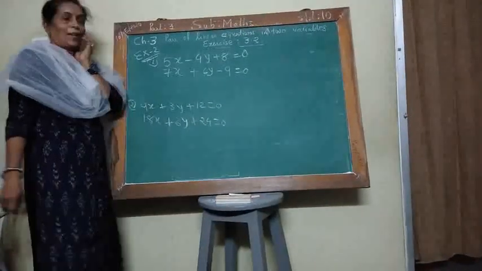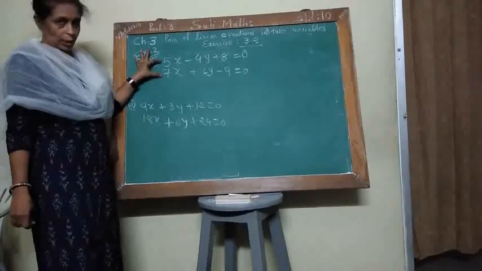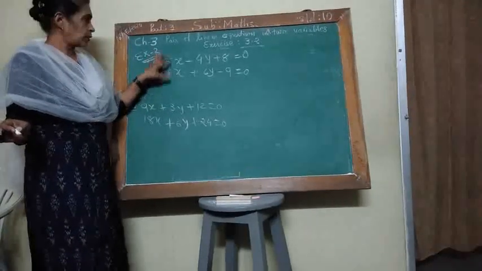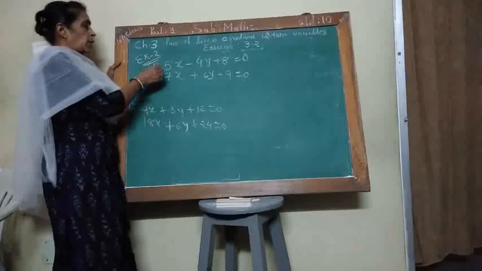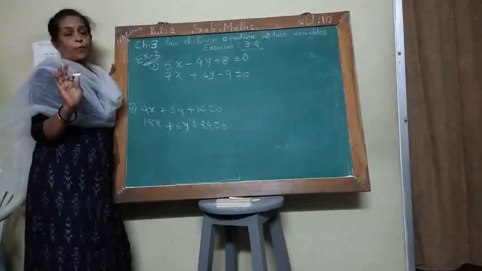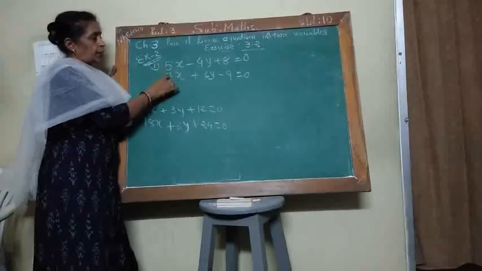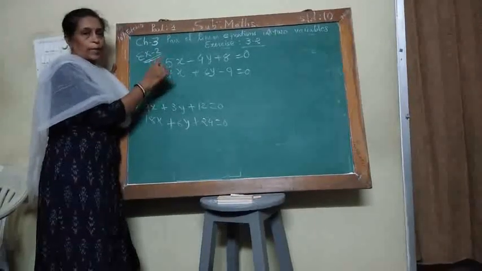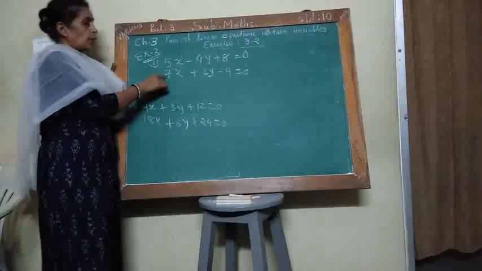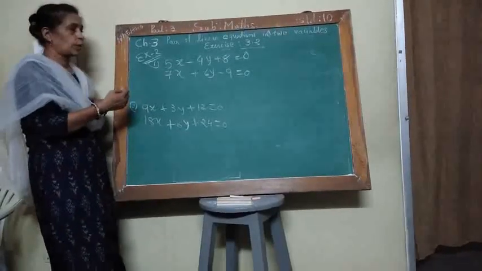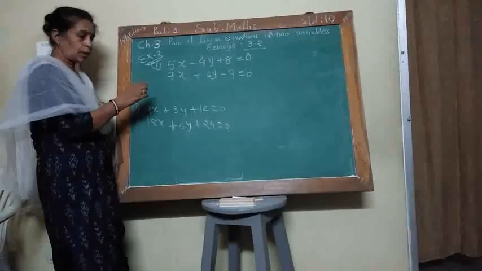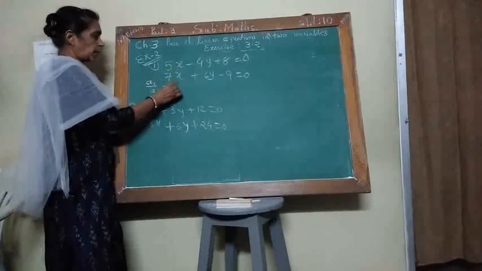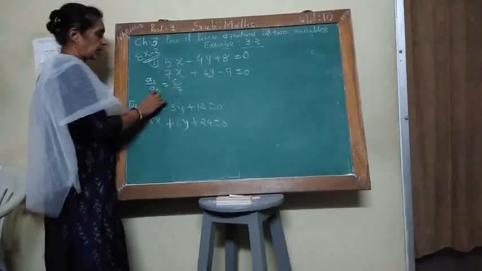So what is the question? You have been given two equations. You do not have to make any type of equation. They have given us a pair of equations in two variables, and only you have to predict which type of lines they are. So here you compare this equation with a1x plus b1y plus c1, and compare this with a2x plus b2y plus c2 equal to 0. Then what is the value of a1, b1, c1, a2, b2, c2? That you have to mention. And then find the ratio a1 upon a2. a1 is 5, a2 is 7.